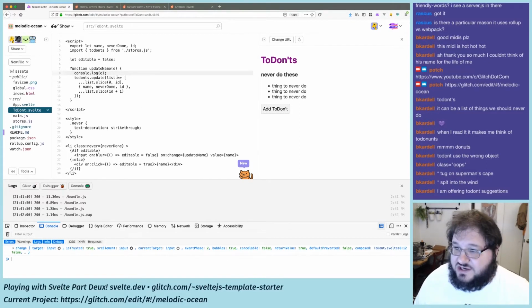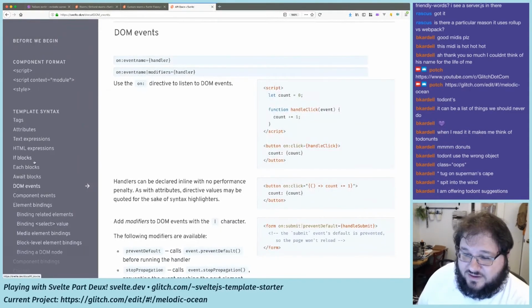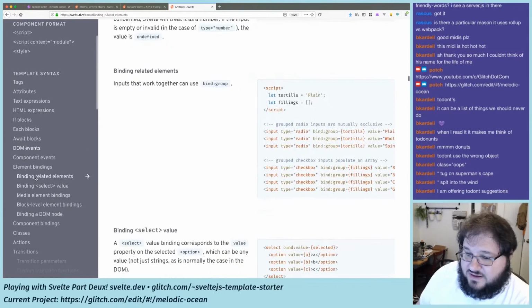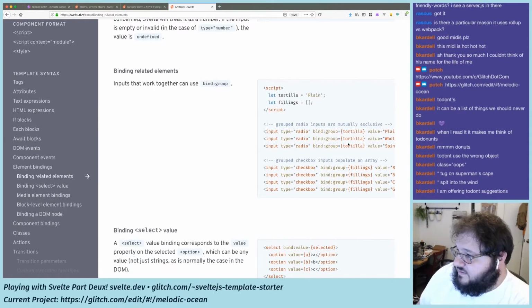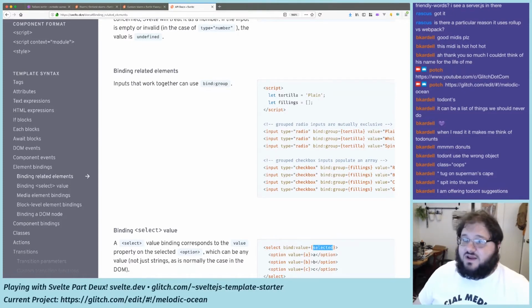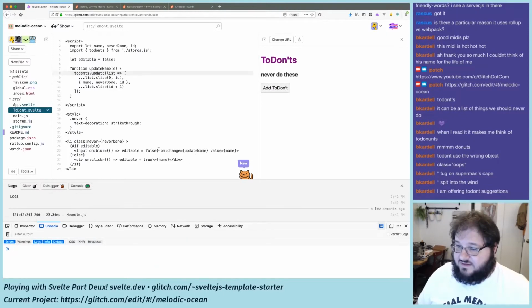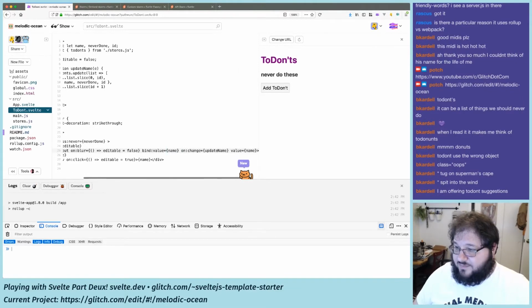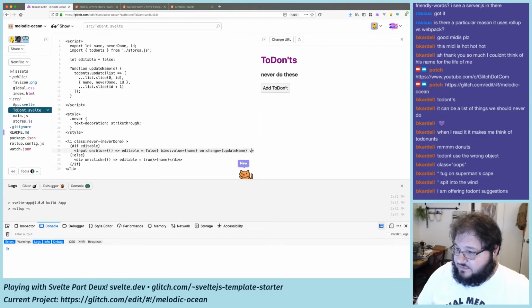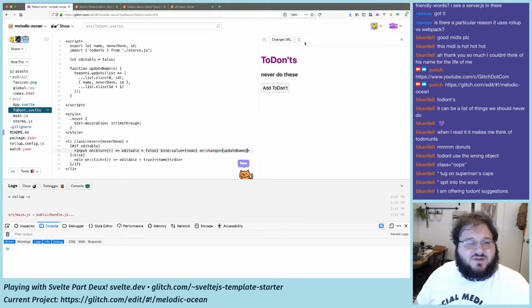Change. See, we have a change event here. Ah, I know what I want to do. I'm going to go learn how to do that value binding. Binding related elements. Nope, bind value. That's the one. Bind colon value equals name. So I can say, and so this is actually permabound to the name of this don't, which means that once it builds,